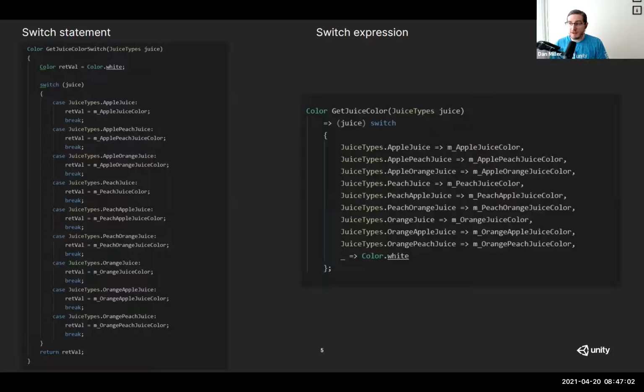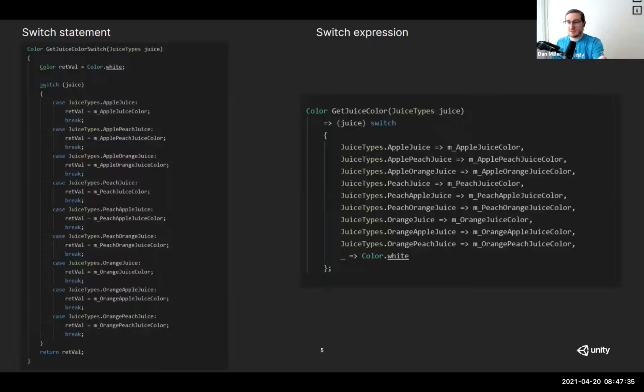Now on the right, we have the switch expression. This is the new syntax that's available. Similarly, we declare the method, we're getting the juice color, and we're passing in that juice type enum. Notice we have this equals greater than, the expression or lambda syntax there. And then it's actually the reverse of what you see in the switch statement. We have what we're switching on, which happens to be the juice, then we type switch, then curly braces with an ending semicolon.